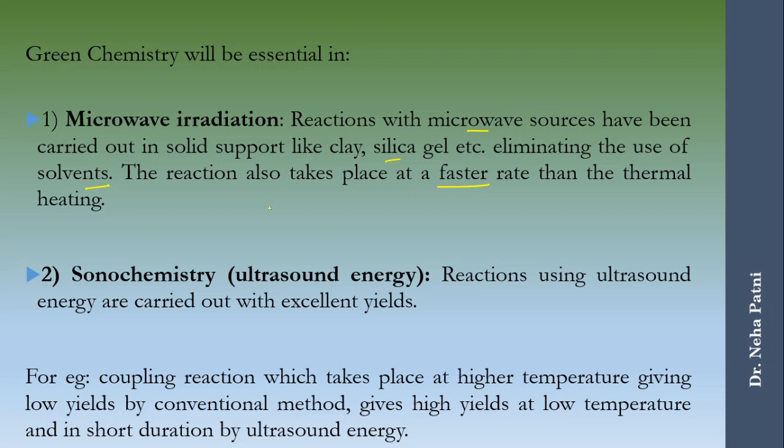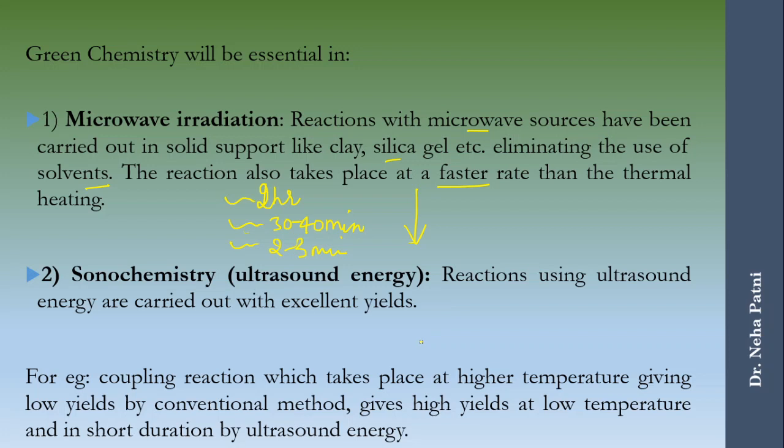Let me give a normal example. If you are cooking something at home on a cooktop, let's say it takes 1 hour or maybe 2 hours to prepare. Now if you prepare the same food in an OTG or a baking oven, it may take maybe 30-40 minutes. But at the same time, if you use a microwave, this will hardly take some 2-3 minutes or sometimes some seconds. So we are reducing the overall time requirement, and time is money, right? It is going to reduce the overall energy requirement, and that's how you're going to save energy. And the same funda is utilized in chemical reactions.